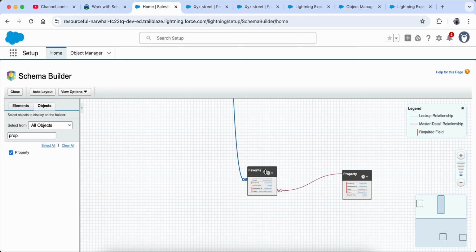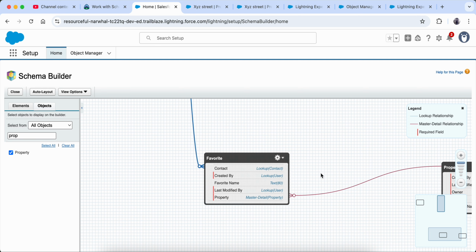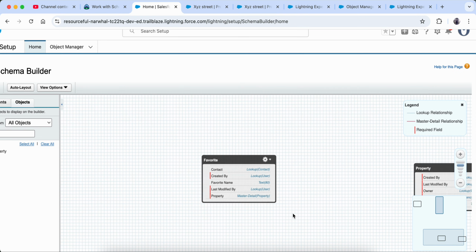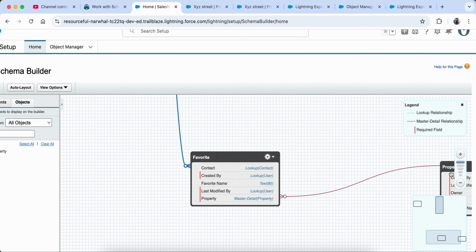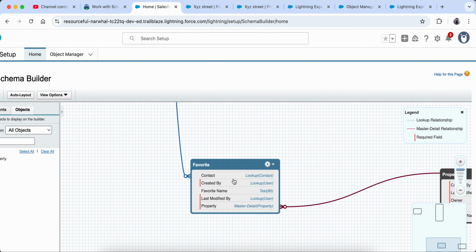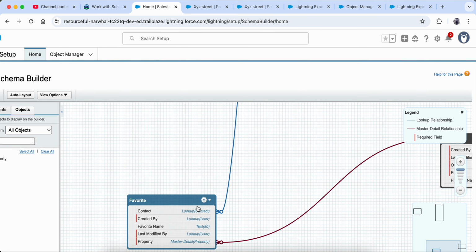So this is how we can see it in the schema builder. If we scroll here a little bit, zooming in, we can see contact. Contact is a lookup, and property is a master detail relationship. This is coming here in the favorite, and similarly it is showing in the property.